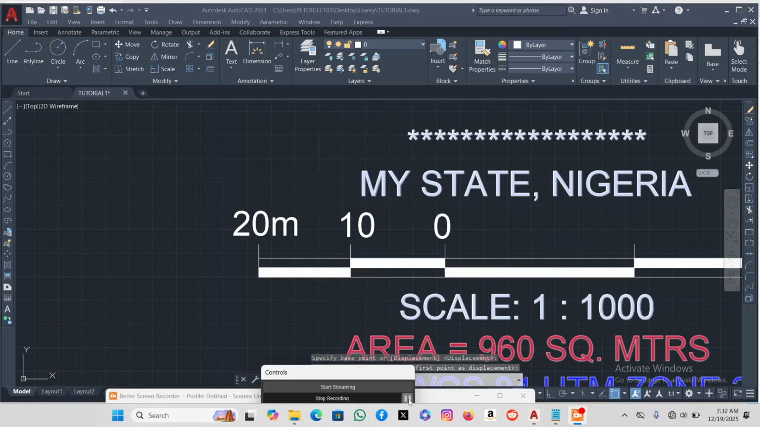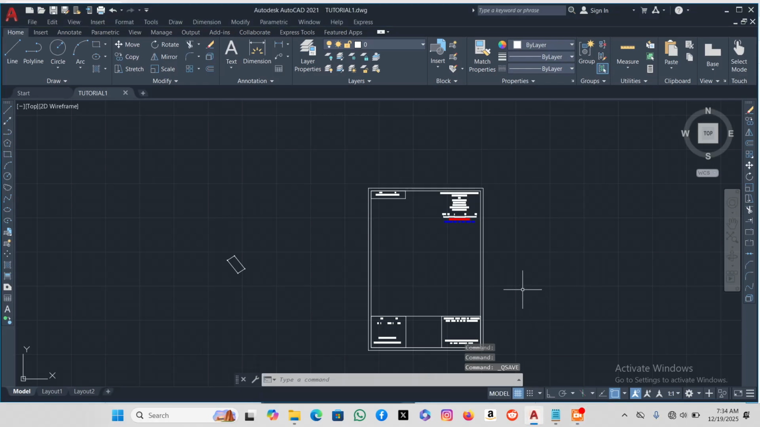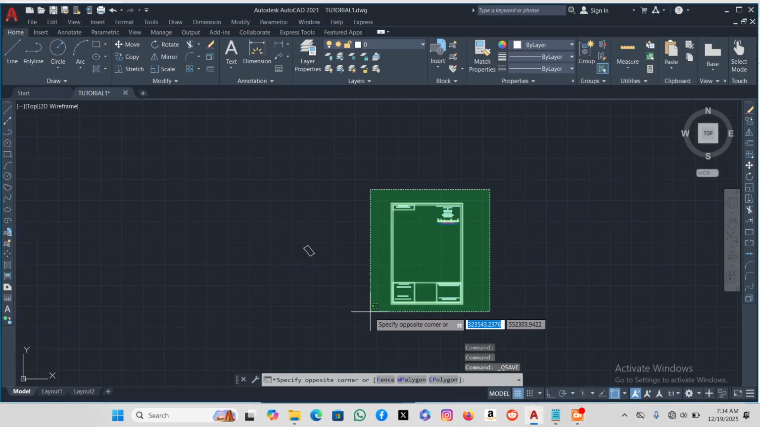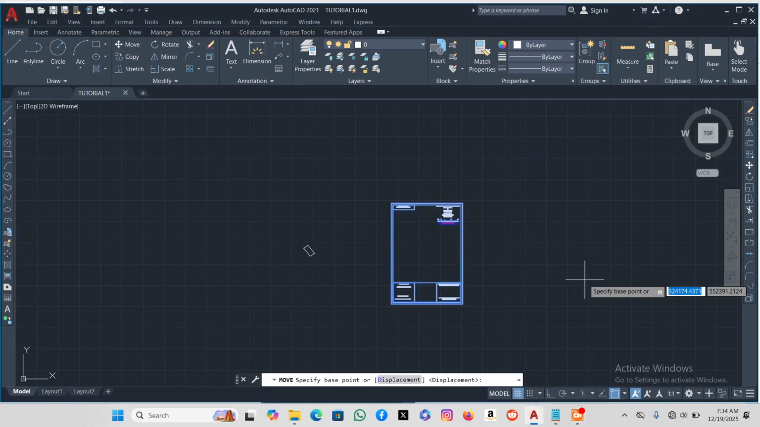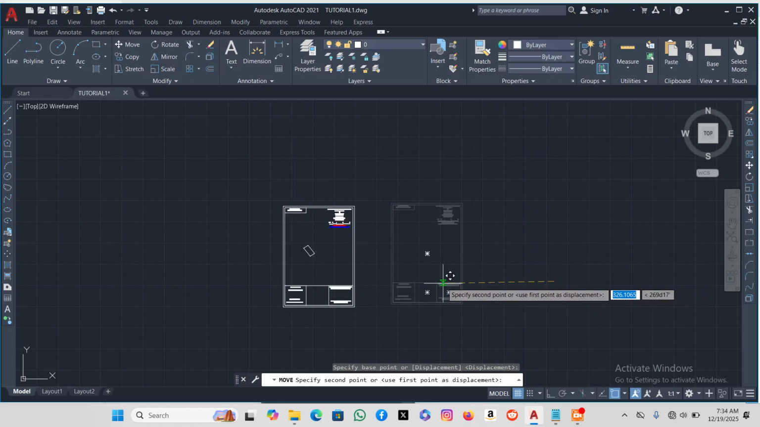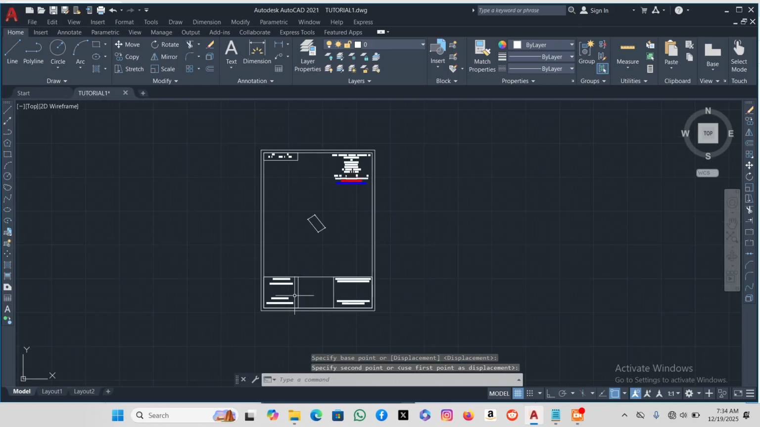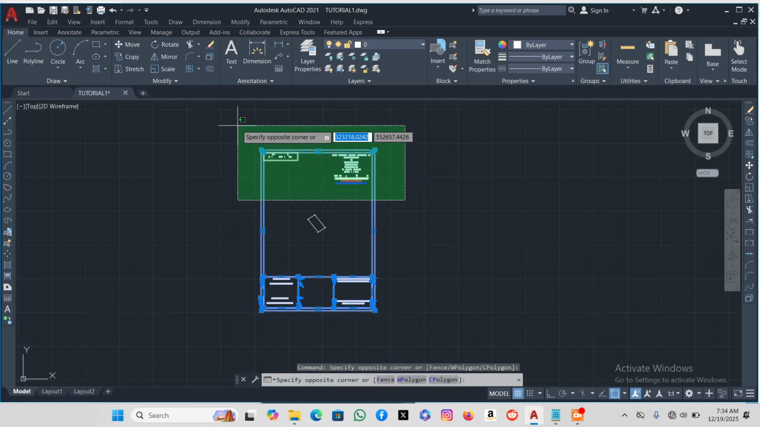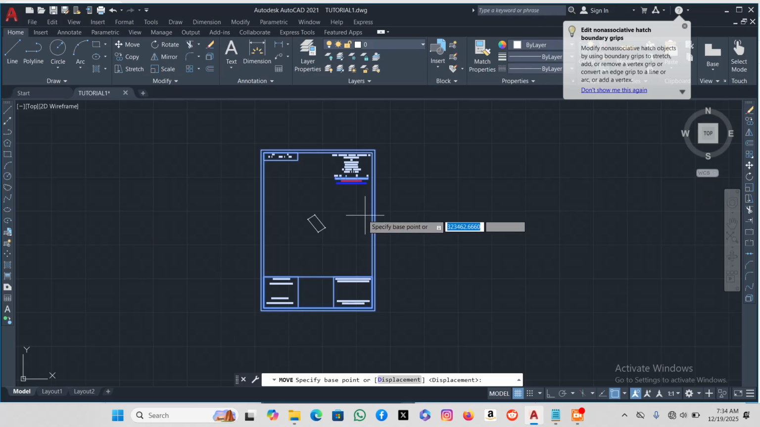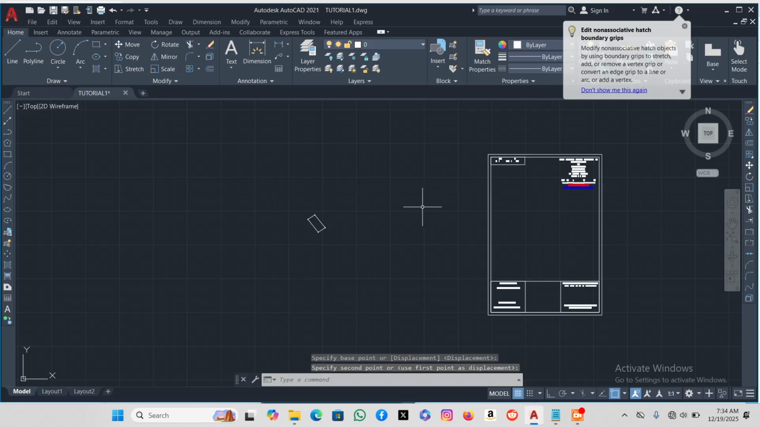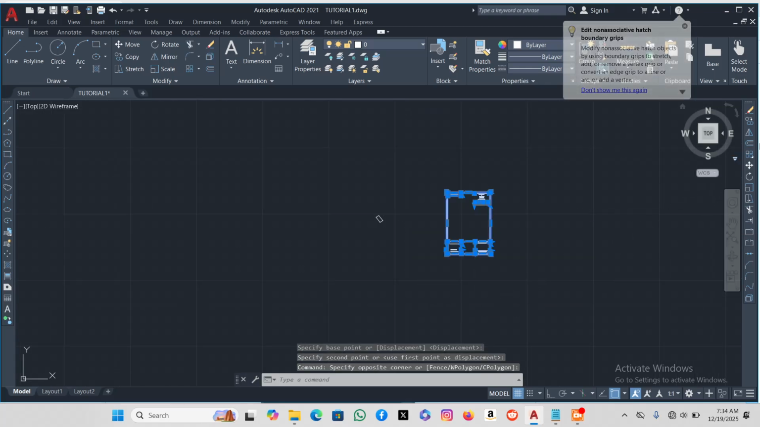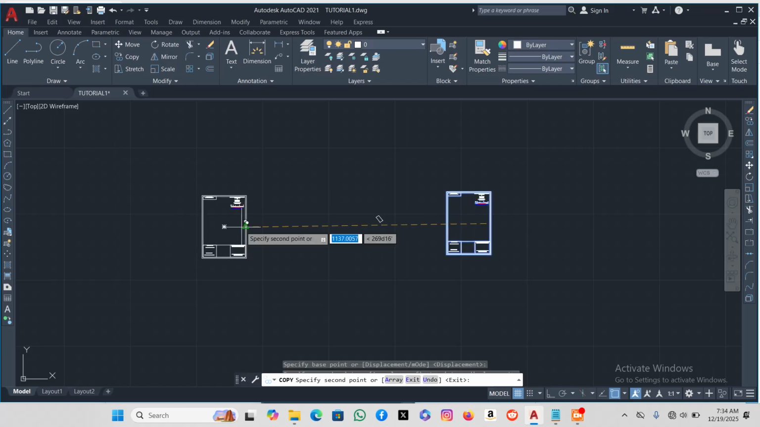Okay, let me pause the video. So we finished designing our frame. However, if we use this frame for this landed property, you could see that the property is just too small inside the frame, and we need the property to occupy a good space. Okay, so what you do, I'm going to copy this frame, the entire frame,